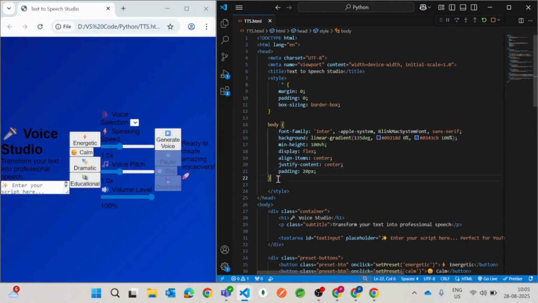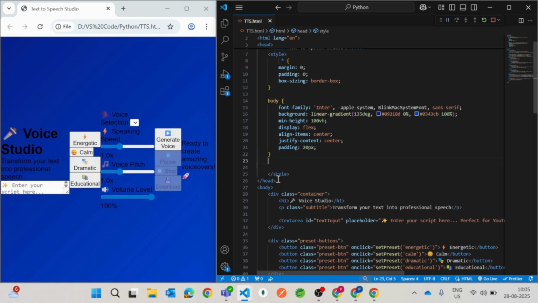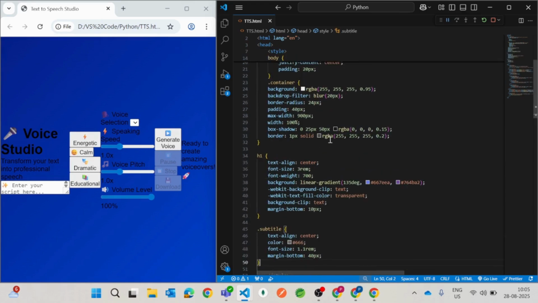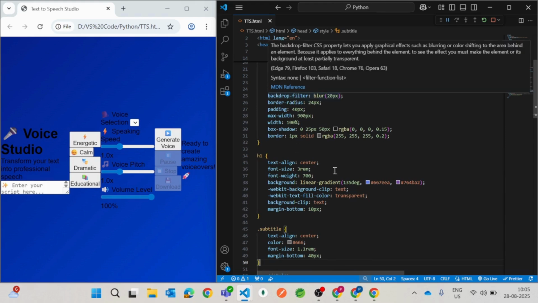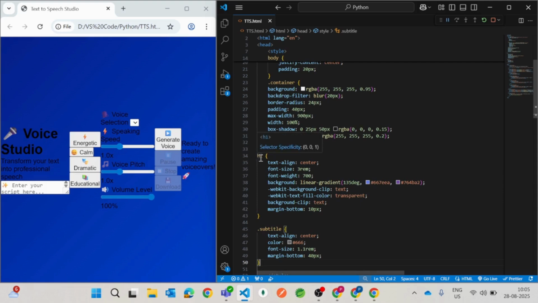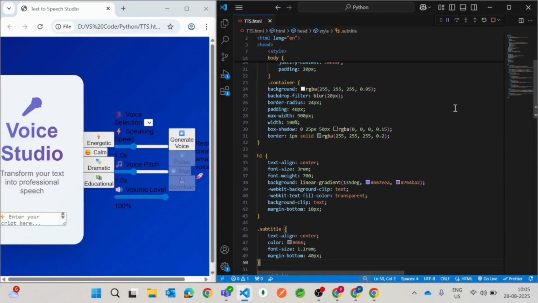Yeah, now I am going with my container and header styling. So I'll paste this .container. I have a background as white. You can select as per your wish. This is for header content and this is for the subtitle. Make sure this changes now. So let's see, I'll reload my website. See, this got a stunning CSS style which is looking professional. So we have still so many elements to be